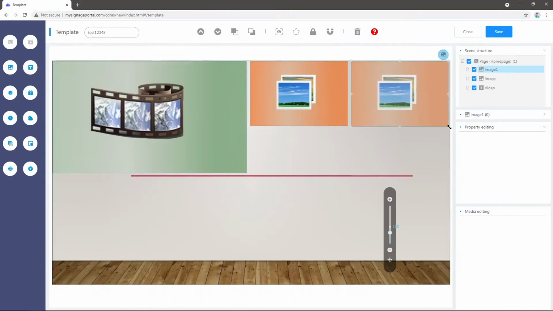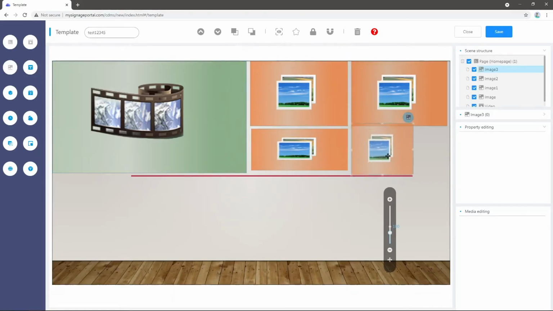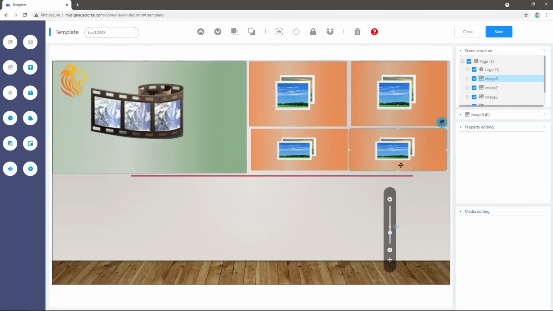So I'm just going to move them around like this just to make it look a bit better. Like so. And then the last one here. As you can see, I've had to put these images by hand, and obviously this can look a little bit messy. So the way to make this look nicer is if you actually select the image or whichever zone, for example,